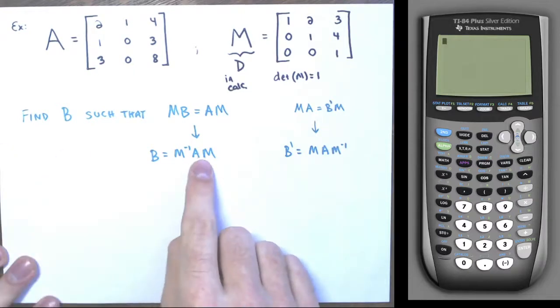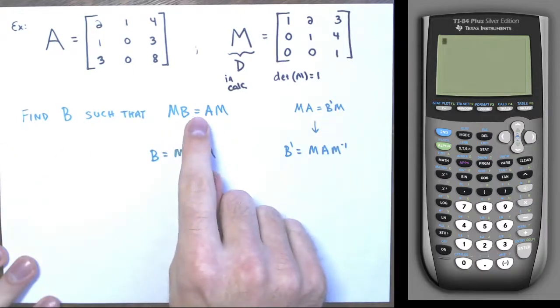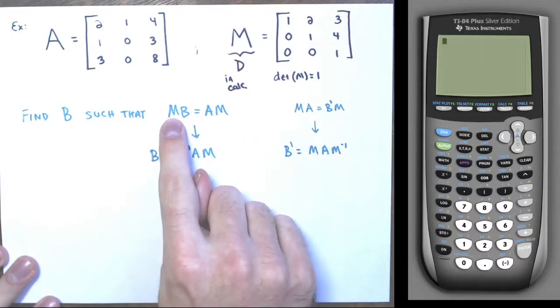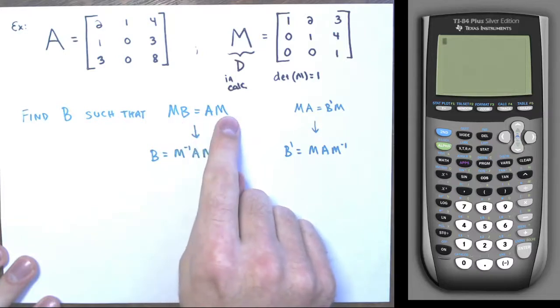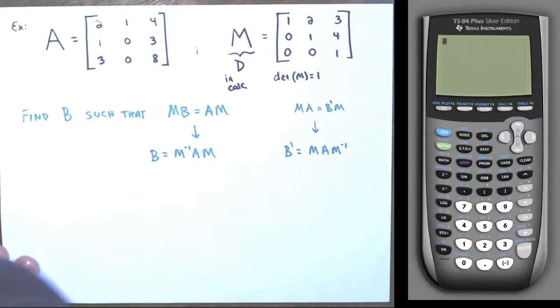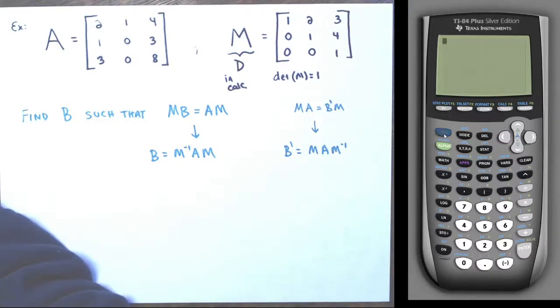Okay, so when you see matrix D, that's matrix M. All right, so let's calculate this first one, using this equation here, where 2 matrices are similar. If you multiply one on the left by an invertible matrix and the other on the right by that same invertible matrix, you get the same result. Let's take M inverse times A times M. All right, so in this case, D inverse. So again, I've entered these matrices here. Matrix D is matrix M. So D inverse, right, so x to the -1 button there,